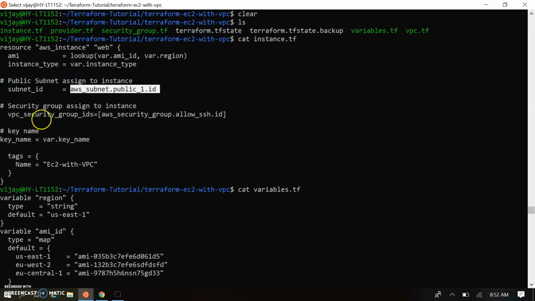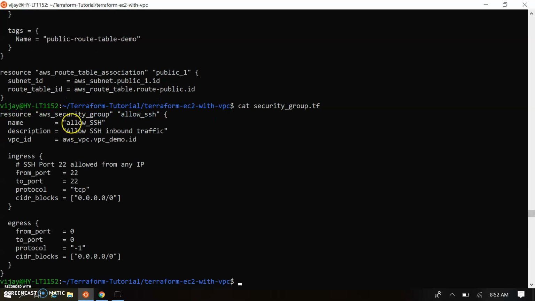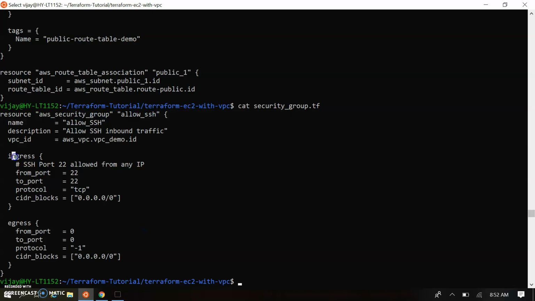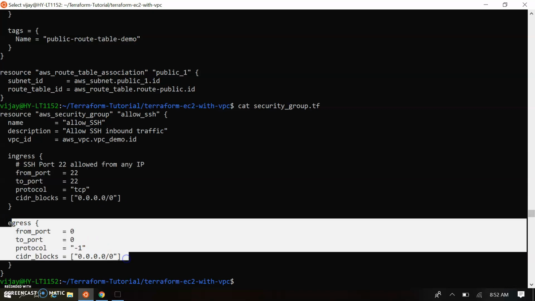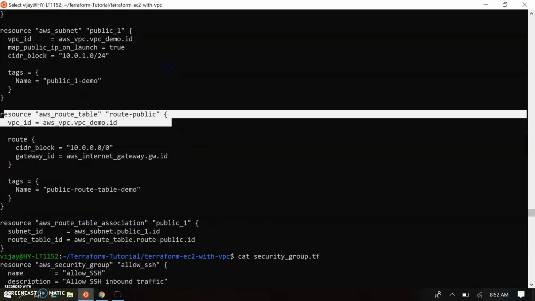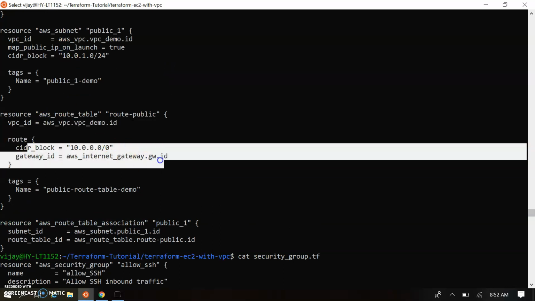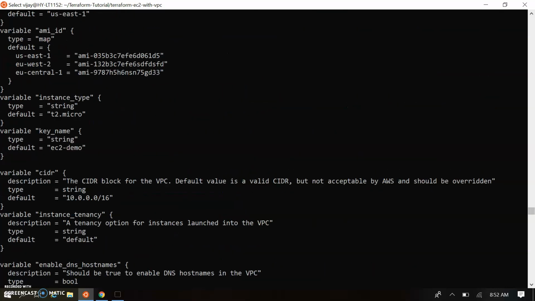After that we pass the security group. So let's go back to the security group. I'm opening the security group. This security group is created over here. This security group allows SSH access, that's the ingress rule, on port 22, and the egress rule is any port, any protocol. And for the whole VPC there is a routing table, and the traffic passes to the internet gateway, and this is the association. So here we are creating the instance